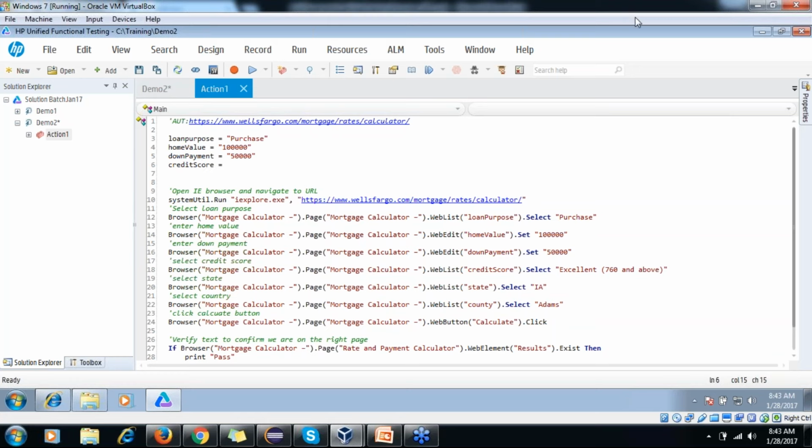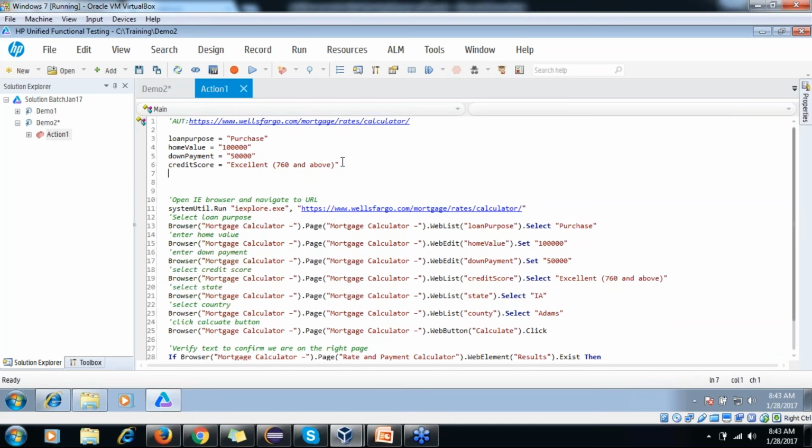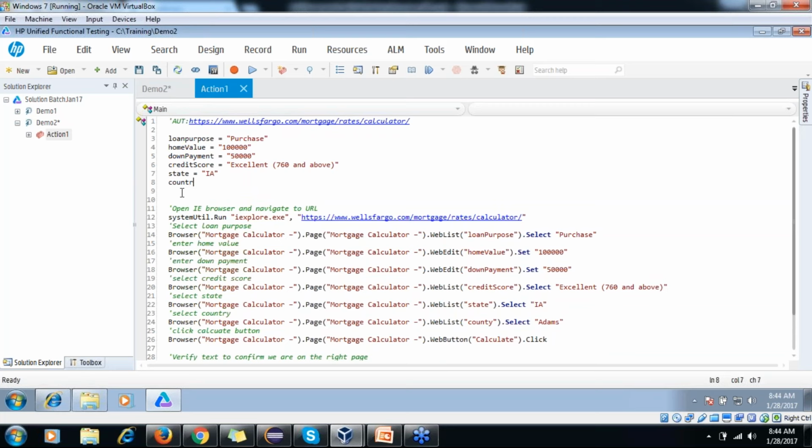Whatever value you want to provide, team, you can put here, in double quotes. Then state. I'm using the same variable names, team, but you can use any names, it doesn't matter. So I want to select a state, and county, Adams.